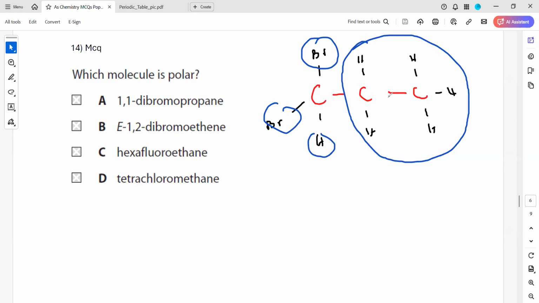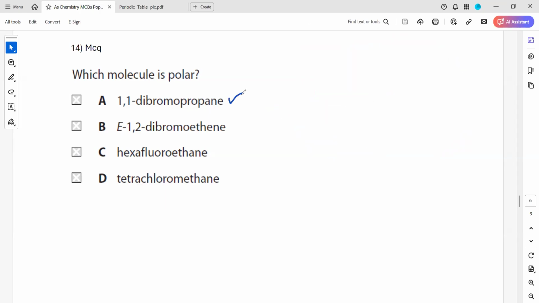On one side there's a carbon chain, on one side there's a hydrogen, and then two bromines are there. Bromine is more electronegative than carbon, so there will be a partial negative and a partial positive there. So this molecule does not have a symmetry, so this is one of the molecules likely to be polar. When we draw the second structure, because I will draw all the structures to explain the idea, we have